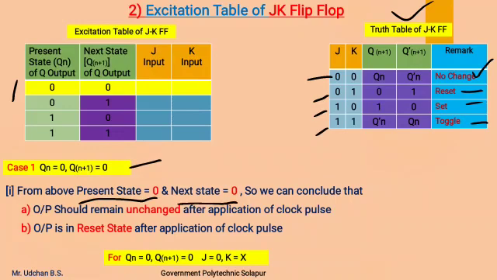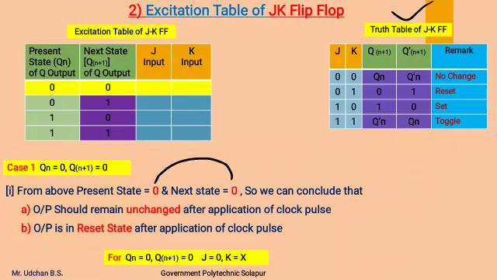From this we can conclude in two ways, that is, as present state is 0, it remains as it is in the next state, so we can say that output is in no change state. For that, the value of J and K will be, here is the truth table in which no change state is shown over here, for which value of J and K are 0 0, and as next state value is 0, we can say that output is in reset state, for which the value of J is 0 and value of K is 1 over here.